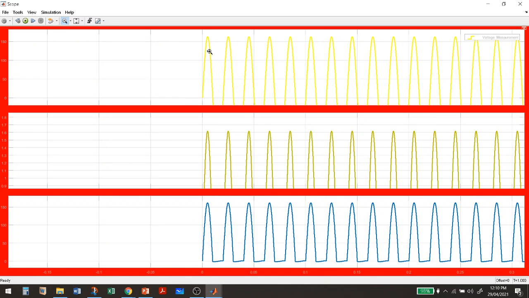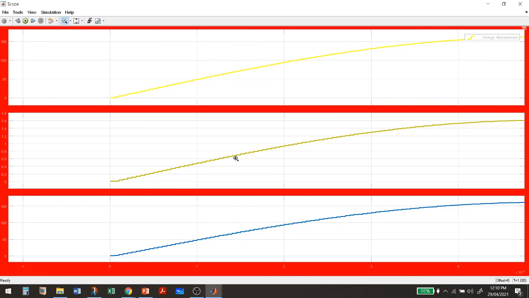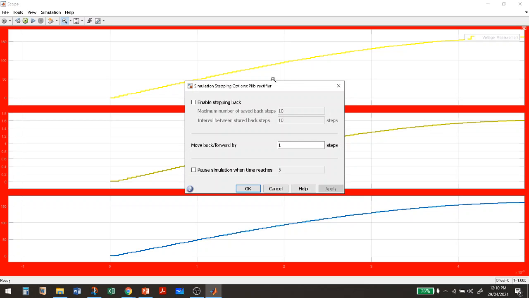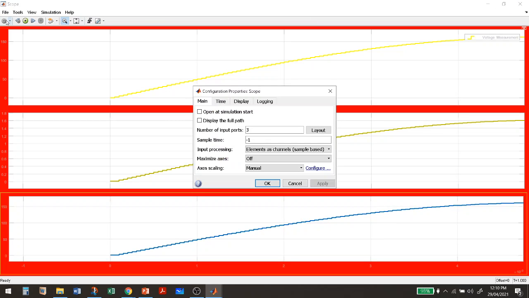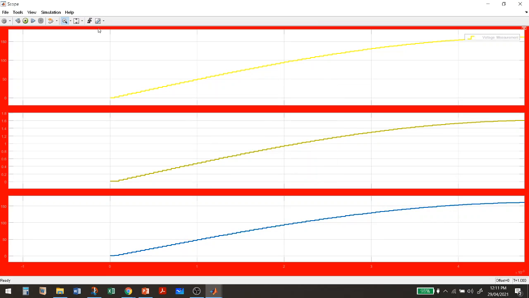Yes, so you can see that this is your input waveform. This is the second one. This axis is there.